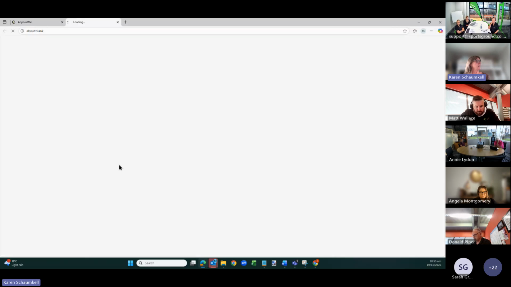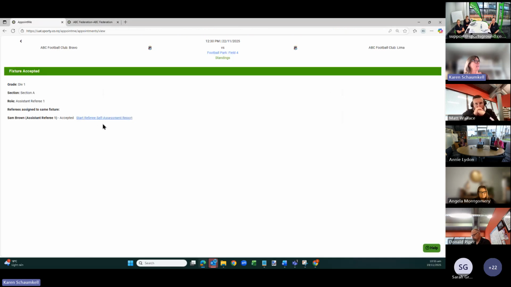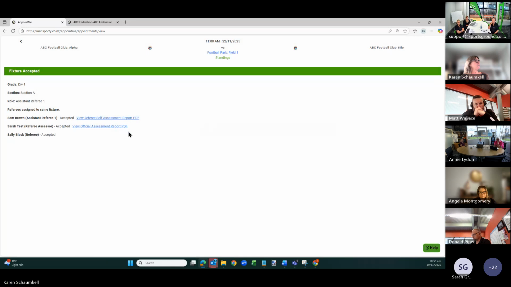That's the form that they can complete and save at any point and circle back to it to finish it. Once they've submitted that form, it will then become a PDF, such as this one. This means that they've submitted that form.